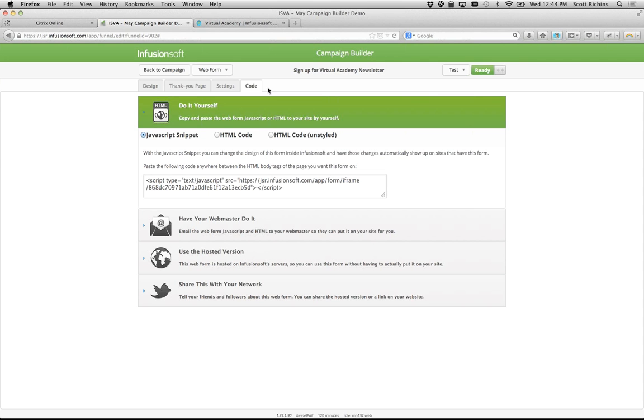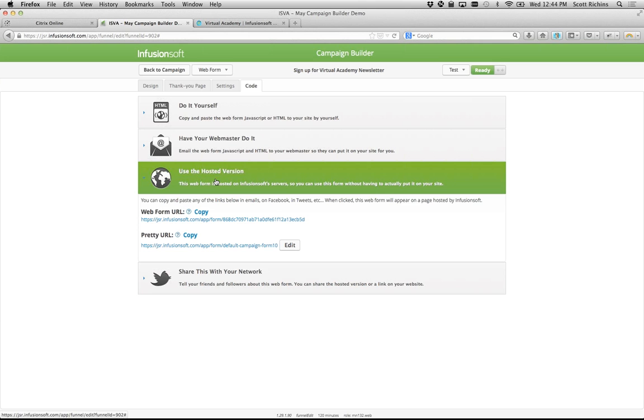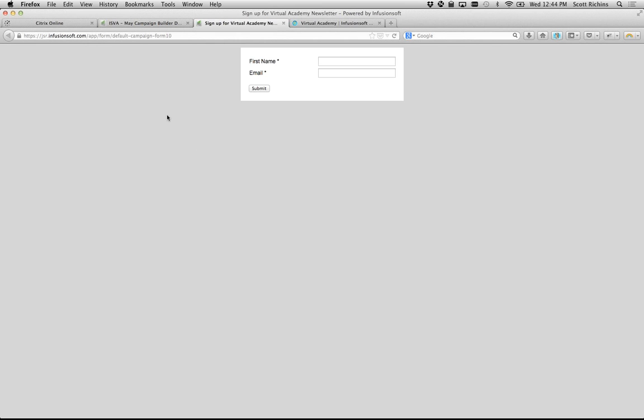Okay. So we click on code. And for this particular test, here's what I'm going to recommend. I like to use this one here that says use the hosted version. Remember when I said we didn't really have to do anything to the web form for it to work? We're just going to click right here on one of these links, either one, and it takes us to that particular web form. And what you can do is you can fill it out,